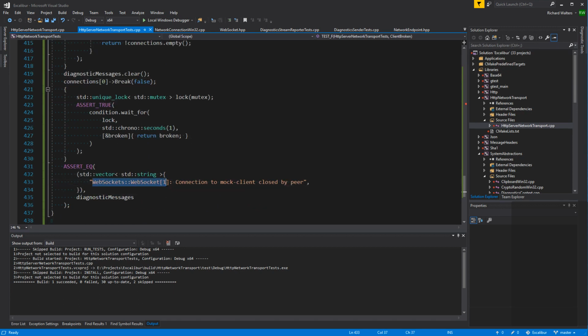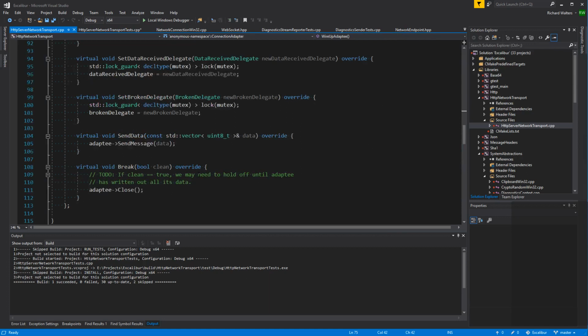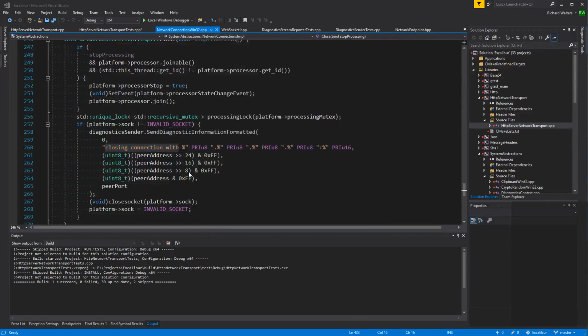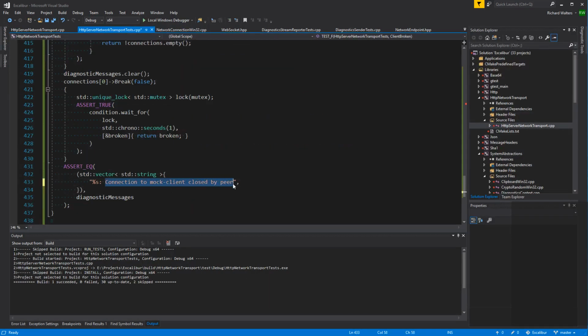What will the sender be? What do we want it to say? How about we'll have it say something, and then the message is connection, closing connection with something else.